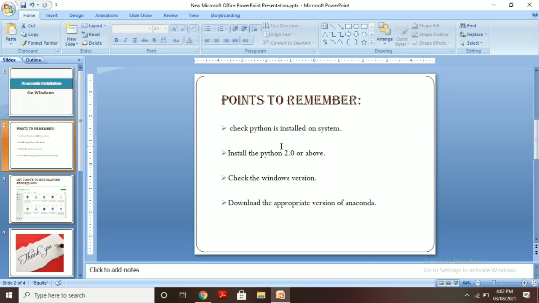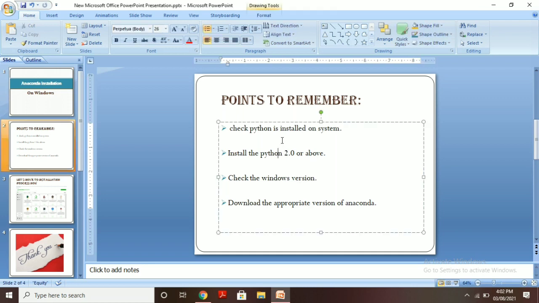To check, the command is python --version, to check which version of Python is installed on the system. This is the command. You can check it out directly. So the command is here, python --version.